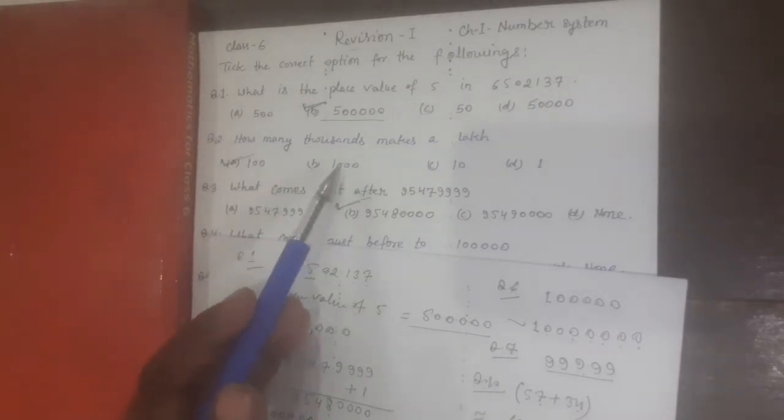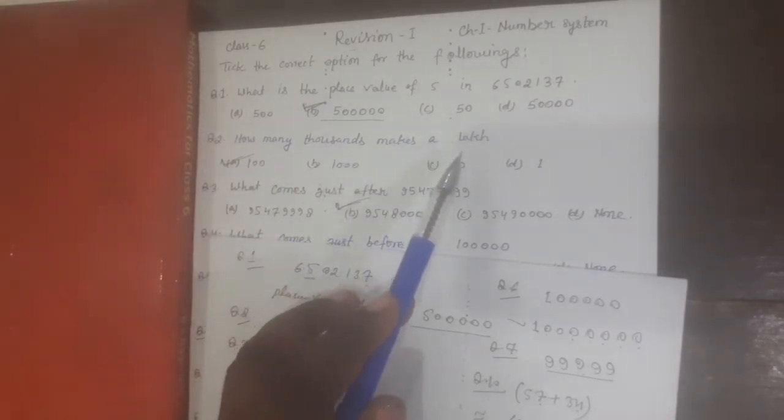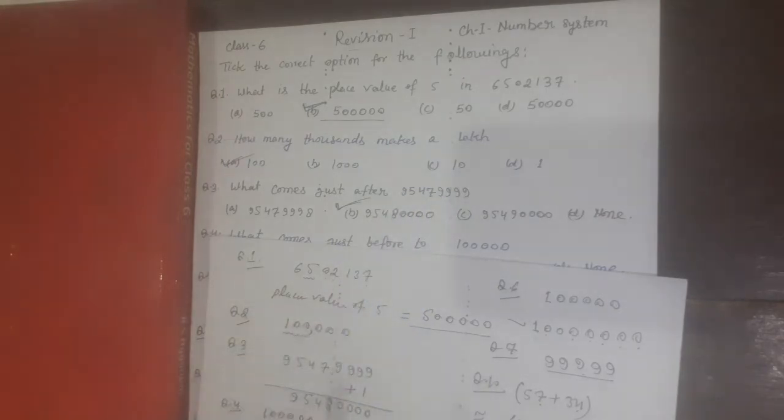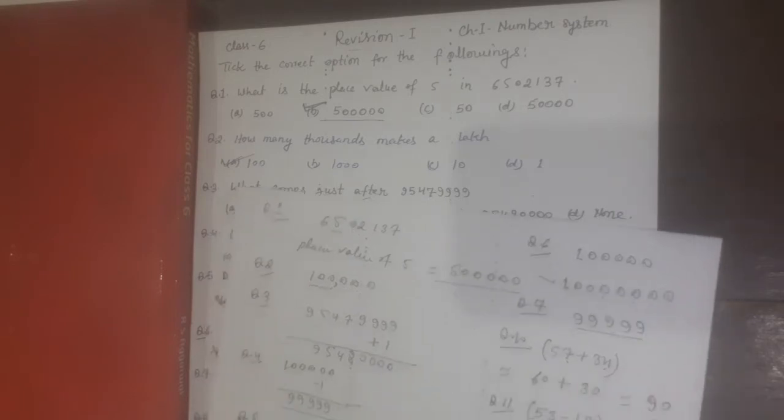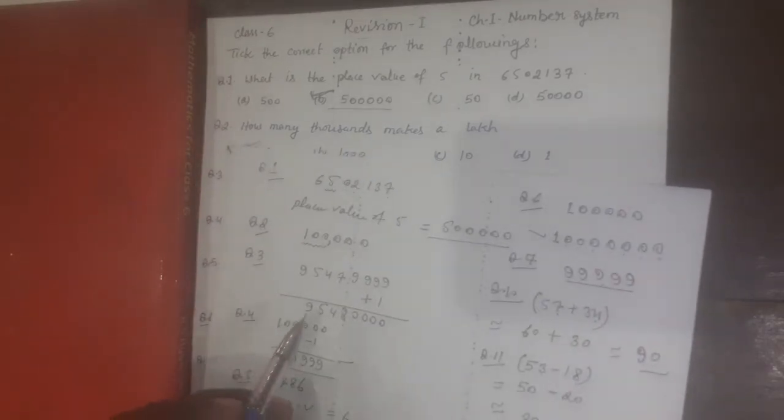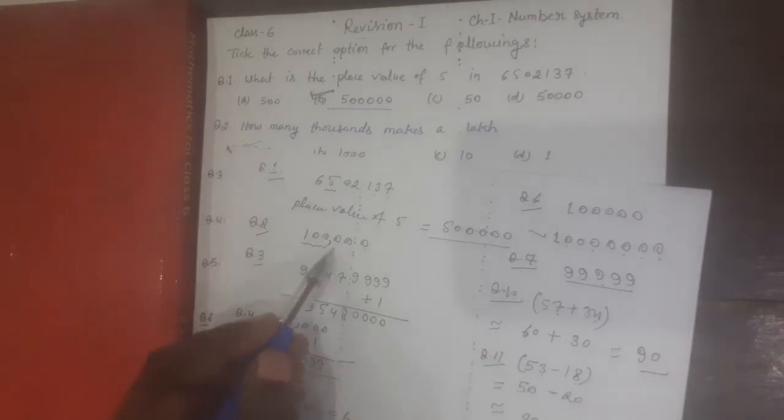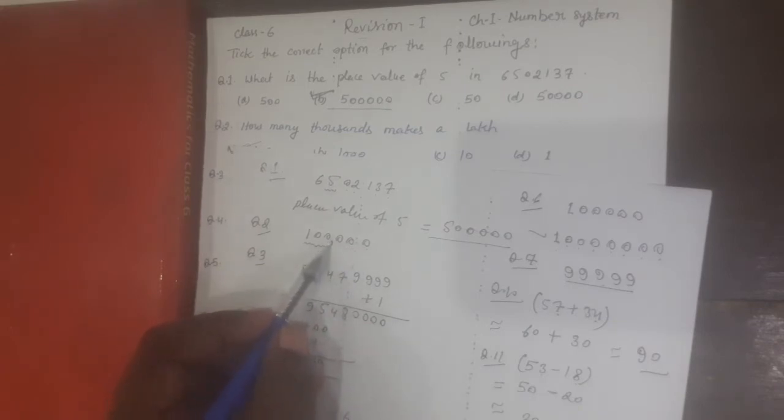Now we are moving to question number 2. Let's see question number 2. How many thousands makes a lakh? Okay, here we have to find that how many thousands makes 1 lakh. So here this 1 lakh can be written as, this 1 lakh has 5 zeros. This is 1 lakh. See here, ones, tens, hundred and thousand start from 4th digit. If you will count 4th digit, so clearly you can see here that this